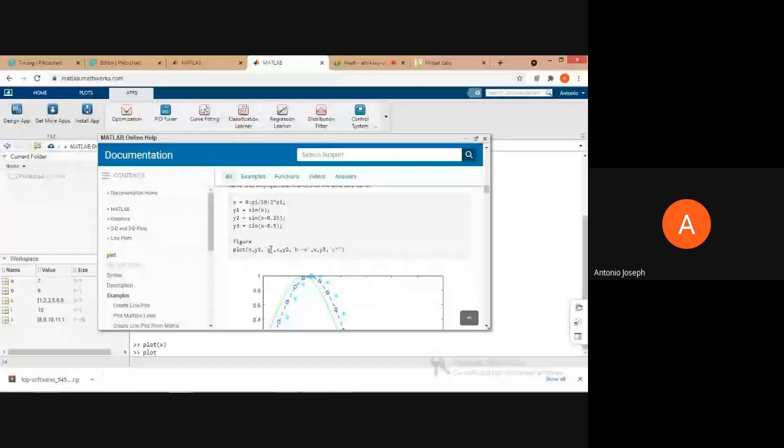Then the second, b, shows it should be in blue color, and it should be a dashed line with marker o. You see, the markers are also there. And then the third curve should not be a line graph. Instead, the asterisk is being provided, so all the data points will be shown as an asterisk, and the color will be cyan. Okay. So likewise, we can create the plots, and we can give the styles, or we can choose the colors, the type of the line graphs, etc.